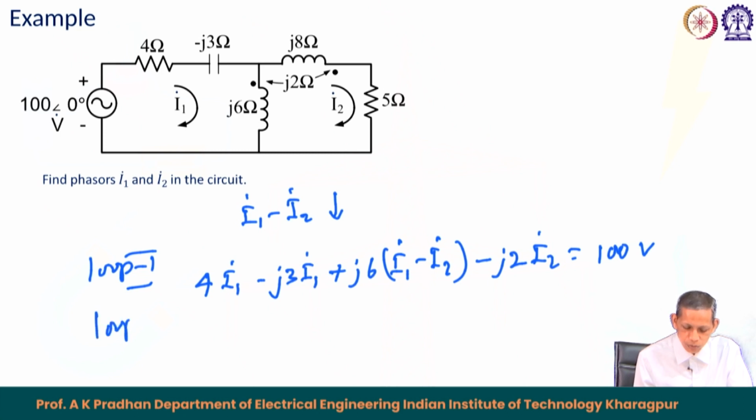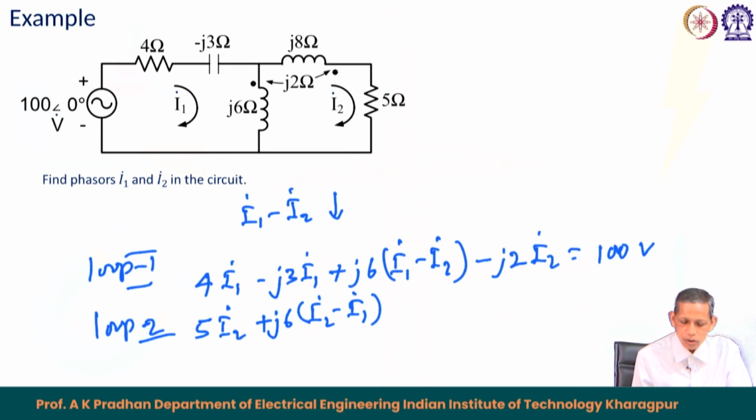Then similarly, for the loop 2 equation, we can start from the 5. So, 5 into I2, and then we have the j6. So, we write plus j6 (I2 minus I1) upward. I2 minus I1 is upward, leaving the dotted terminal, and so also I2 is leaving the dotted terminal. So, the corresponding mutual inductance becomes positive for this case. So, we are writing the mutual inductance for this, and that becomes j2 into I2 with that respect,